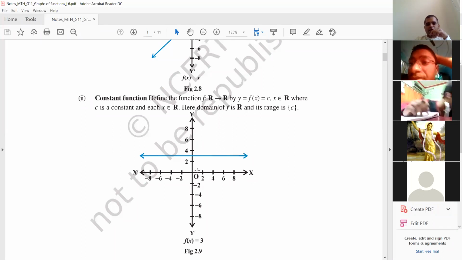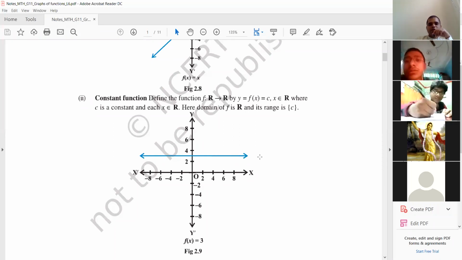So you can see, if you take x is equal to 2, then what will be the value? 2 comma 2.5. If we take x is equal to 4, what will be the value? 4 comma 2.5. x is equal to 6, 6 comma 2.5. So you get all these 3 points on this straight line. So when you draw this, you get this graph parallel to the x-axis. So you see this function is constant.